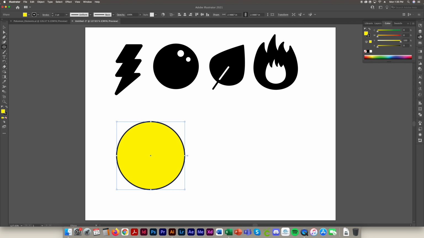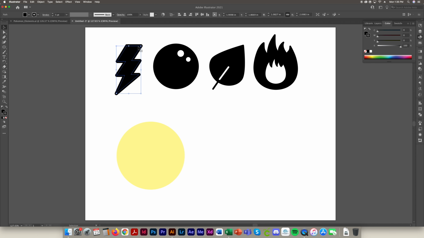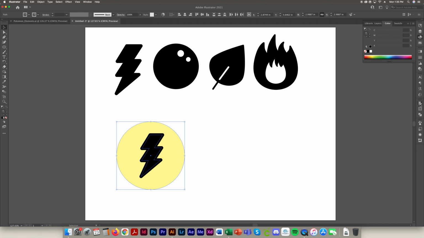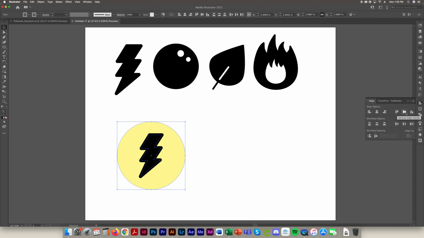That's a little too harsh for me, so I'm going to do it at 50 on yellow, which is the Y here. Going to take the stroke away, I don't want that. And then I'm going to take this item, Command C, Command V to copy paste, and put that in the middle of the circle. Take the align tool and use horizontal align center, horizontal align vertical, and it'll align it